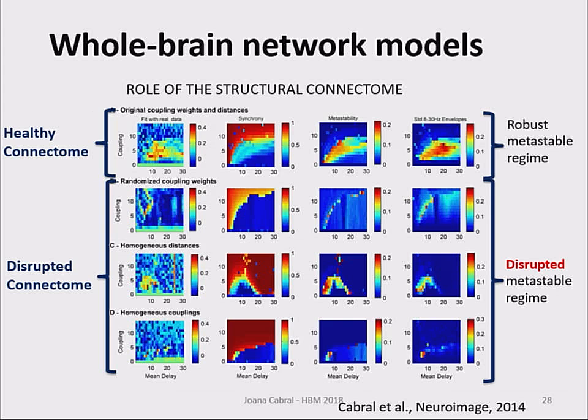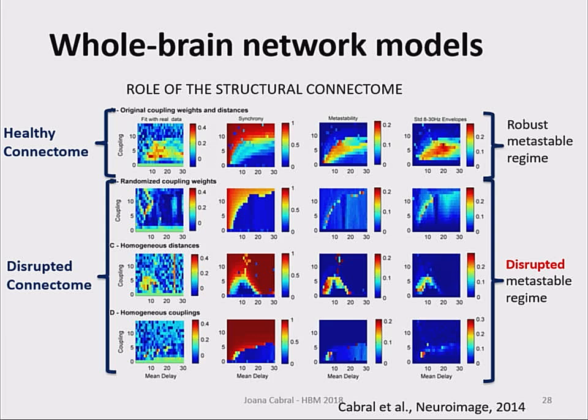So again, going back to the structural connectome, we find that there are two variables in this model that were important. Not only the coupling weight; each plot is a parameter space where the vertical axis is the coupling weight and the horizontal axis is the time delay. And we find that the optimal fit to MEG data is found for a certain value of coupling, not very strong and not very weak, but also a certain value of delays. So you need at least 10 milliseconds mean delays between brain areas, which is in the range of biologically plausible